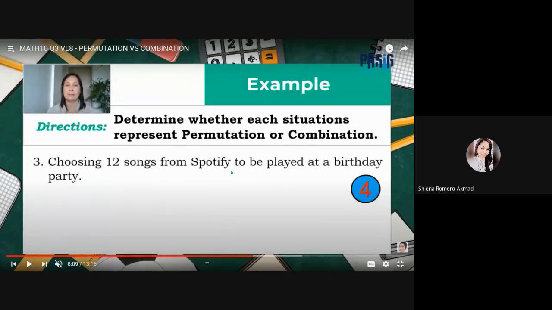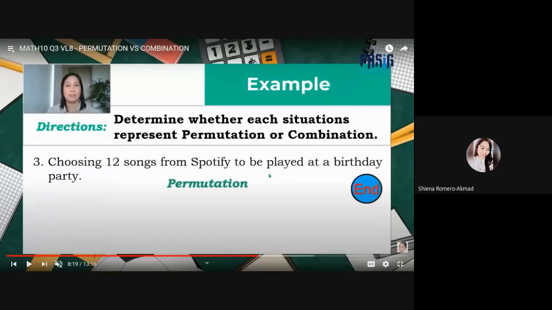Remember, if you are playing songs, nagkakaroon sila ng arrangement. Pero kapag pipili ka lang ng 12 songs, kunwari, I'll be choosing 12 songs from Spotify, hanggang dito lang yung statement. Namili ka lang. So order doesn't matter dahil namili ka lang naman. But if you are going to play that at a birthday party, so automatically, there will be an arrangement involved. So number 3 is